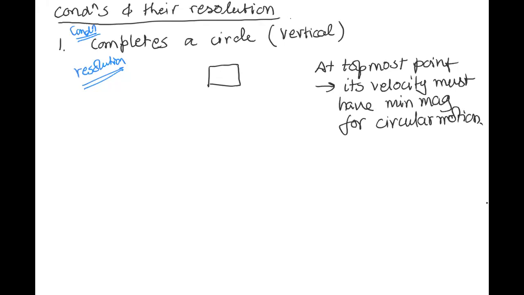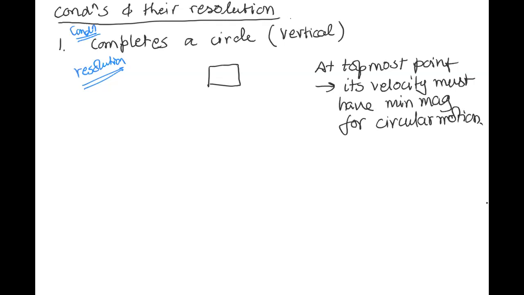If I have tied a stone on a rope and I am rotating the rope in circles, and at the topmost point the velocity becomes 0, then the stone will not complete a circle but it will simply fall down. So at the topmost point,